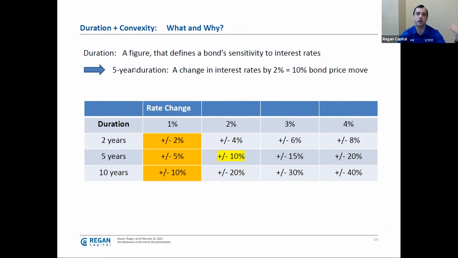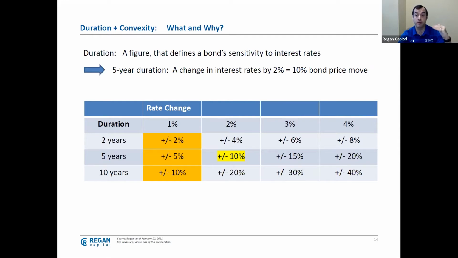So for a 5-year duration bond, if interest rates go up or down by 2%, the bond moves in price by 10%. I have that highlighted here in yellow, plus or minus 10%. No one's really thinking about a 2% move right now, but if we're thinking about a 1% move, if you have a 2-year duration portfolio,